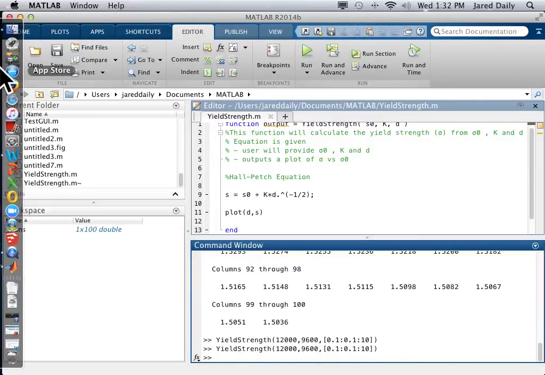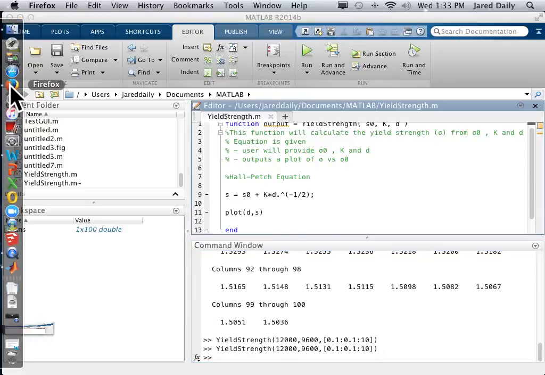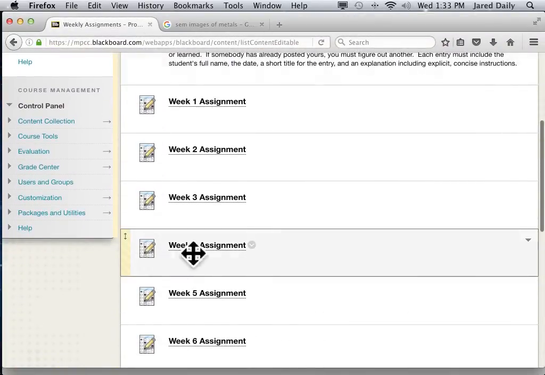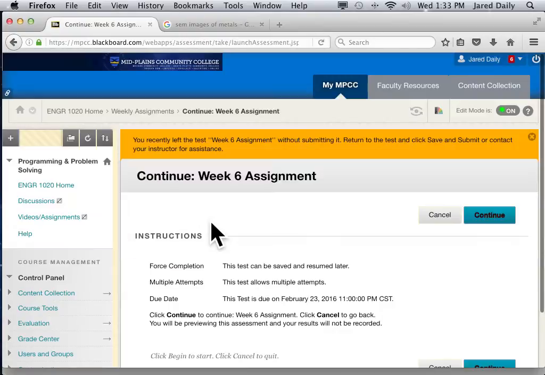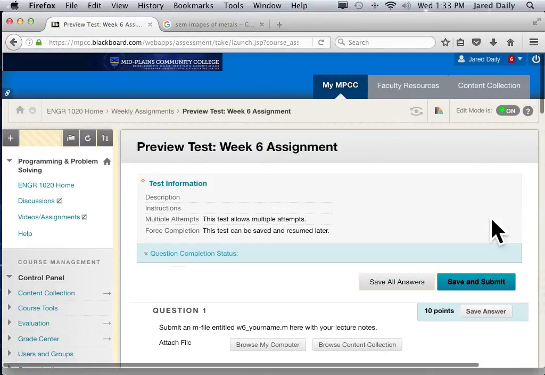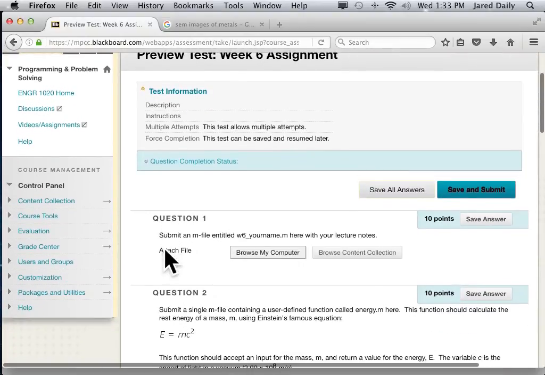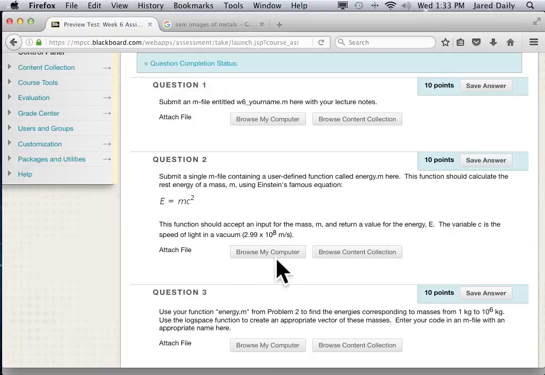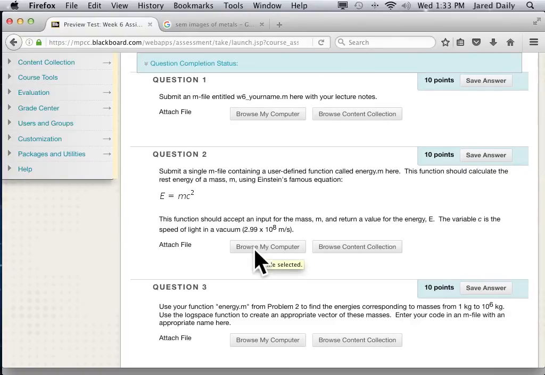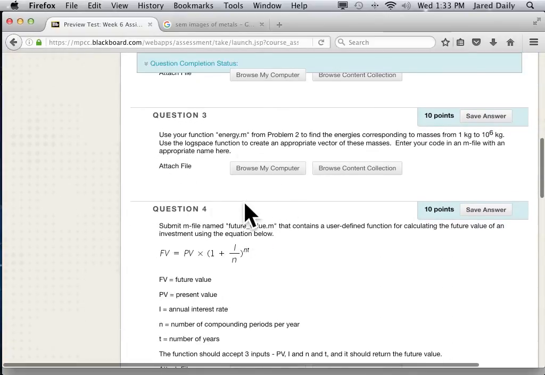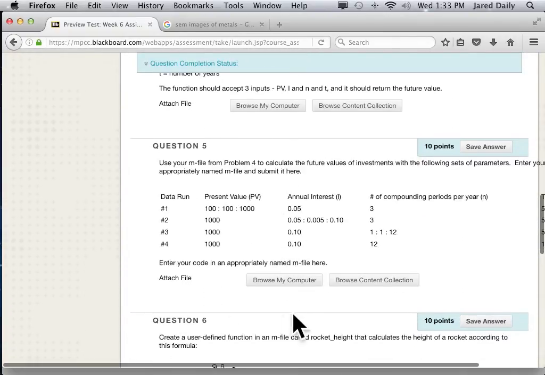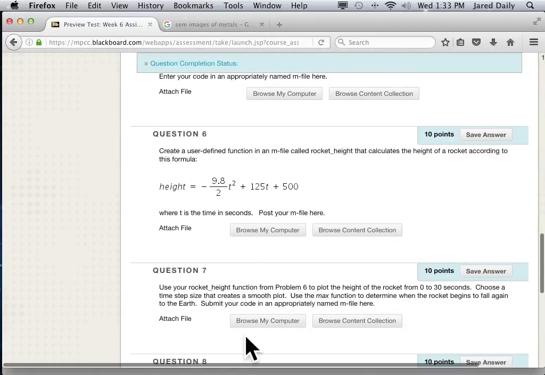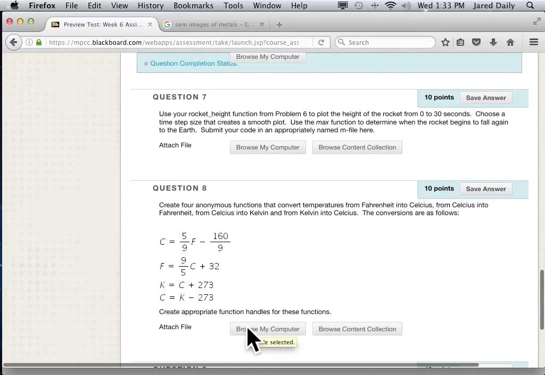Now you should remember this before I forget to point this out. In the homework, this particular assignment's going to be, and assignments after this are going to be different than the ones you've seen so far. Because instead of having one file with a whole bunch of work in it, every question just about is going to have its own M file because you're going to be submitting functions. So question number 2 is going to be a function M file, just one file. And all I'm going to do is download it and run it and see what happens. And question 3 is just an M file. So question 4 is just an M file, and so on and so forth. So you have individual questions, and each one of these is going to have its own M file that you're going to have to